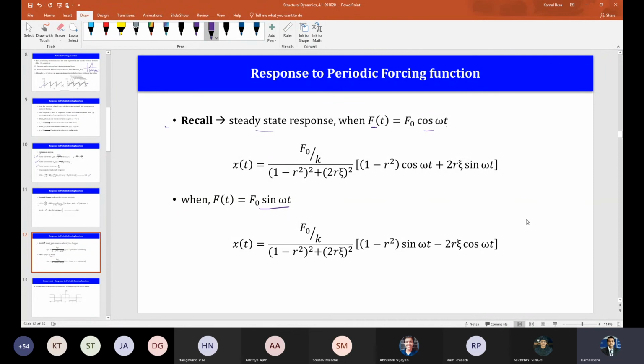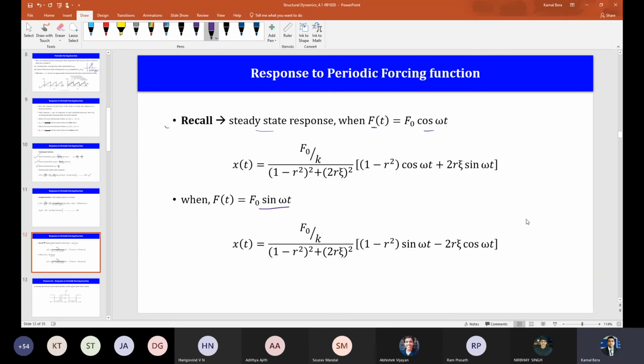Okay. I think I told you, and someone also during discussion, that to find out the response under a harmonic loading of a single degree of freedom system, you use the closed form expression that we have developed and some numerical method that you have learned. Okay. So has anyone done it? Can you show the result? Someone was telling that he will use the Runge-Kutta method and the second order system. So can you tell me how you have done it? I do not know who told, but if anybody has done it, just check it. This will be good for you.